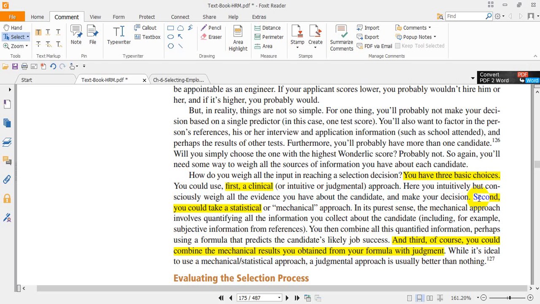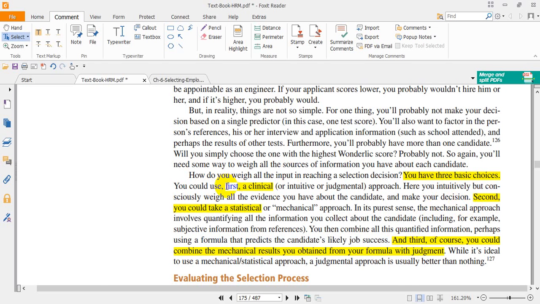The second choice is to use the statistical or mechanical approach. In the statistical approach, we use quantifying information and we use numbers. You collect information about the candidate, including, for example, subjective information from references. You then combine all this quantified information, a quantitative approach, using a formula to predict the candidate's likely job success. And third,